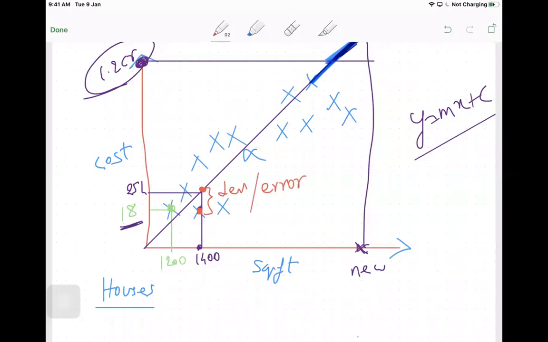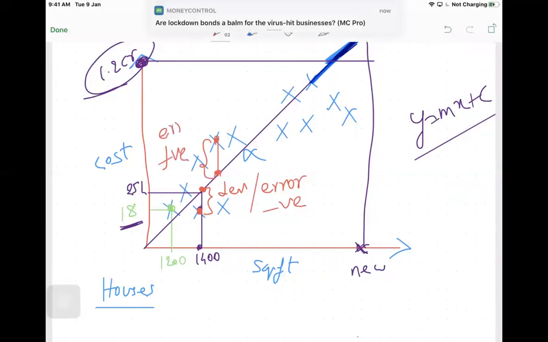Okay, so this particular red deviation that we have here is called the error, because it is nothing but the difference between the predicted cost and the actual cost. Please understand again, the deviation that we have can sometimes be negative. Or if you consider a deviation somewhere here, this is the actual cost and this is the predicted cost here. Now you can see that this might be a positive error.